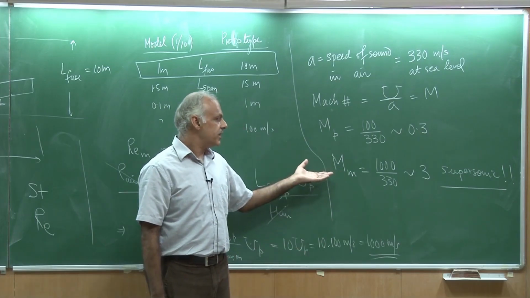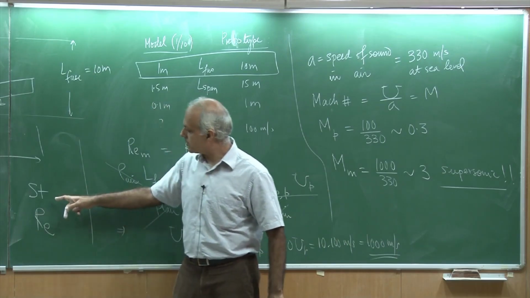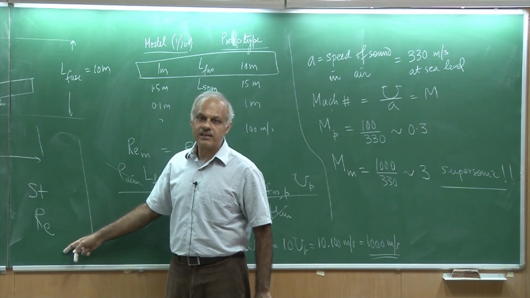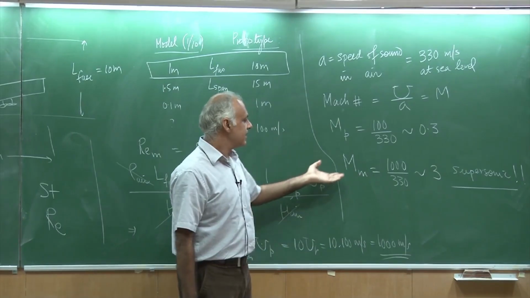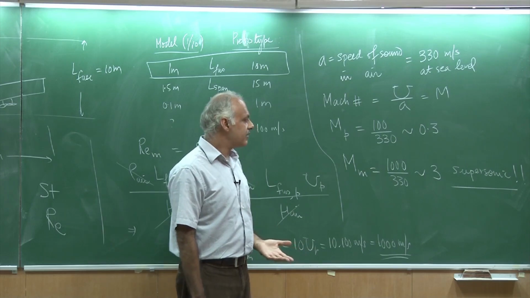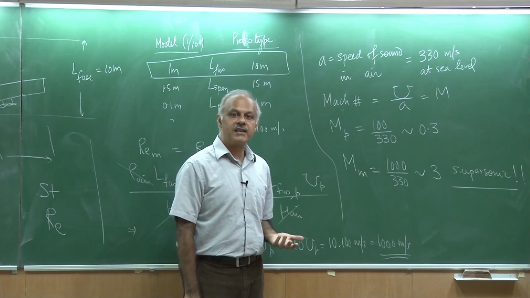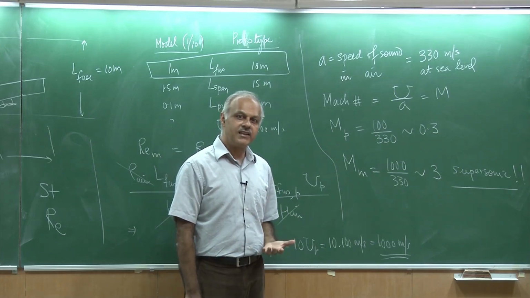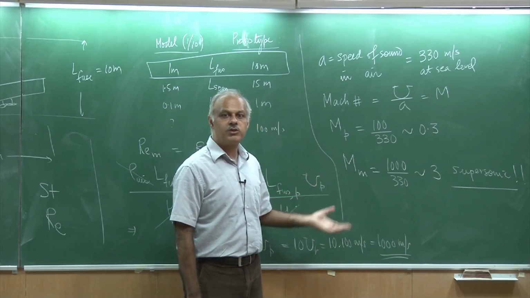In fact, if the Mach number was important, then amongst the dynamic parameters, not just the Reynolds number and Strouhal number, we should have matched the Mach number as well. And you can see there is no way, if we match the Reynolds number, we can match the Mach number. So, there is a problem. And therefore, one has to use experience and some tricks to actually do the modeling. So, here is an example where we know what similitude tells us, what the similarity rules tell us, but we are unfortunately not able to use them and do the modeling.